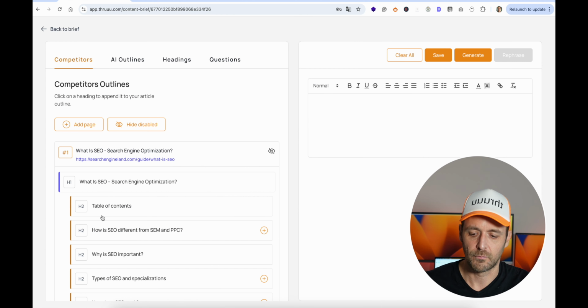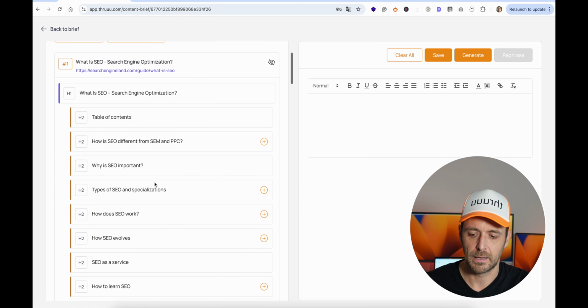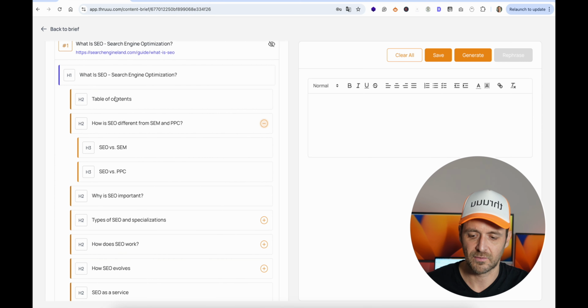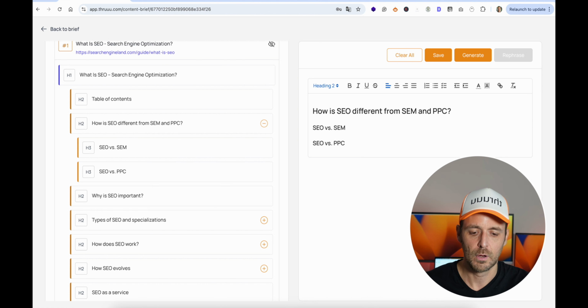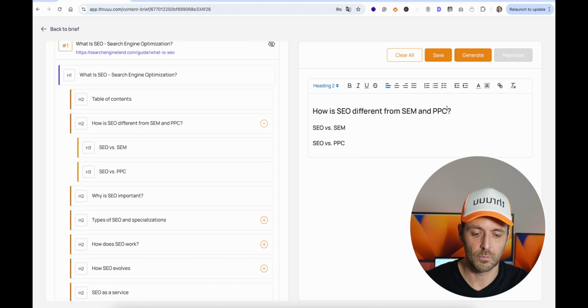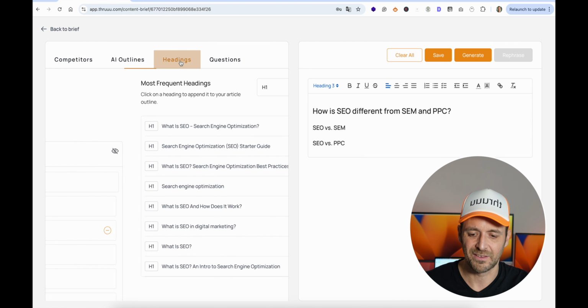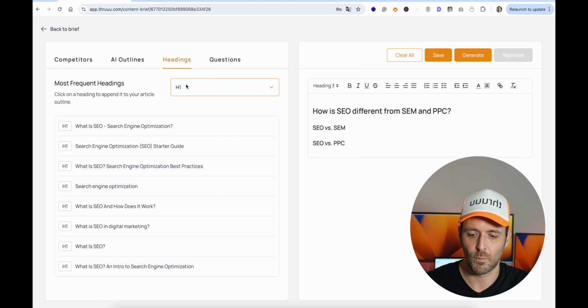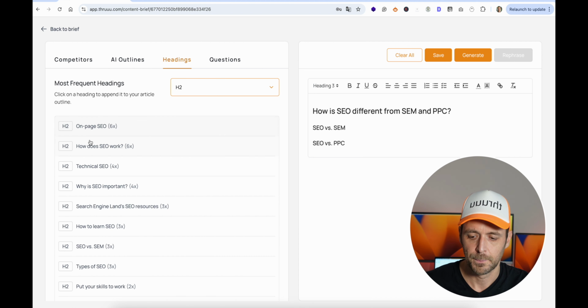Here you can see you have your competitors' outlines again. So what you can do is start browsing them. You can click on the headings and start to create your own heading structure. Here on the right, you can see this will be your final outline. You can also go and check all the frequent headings, so the H1, the H2s,